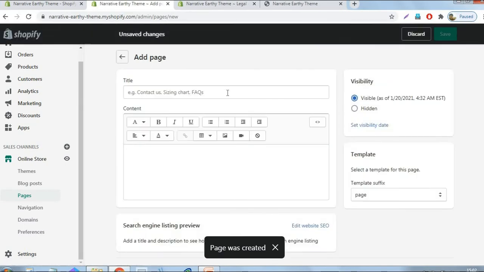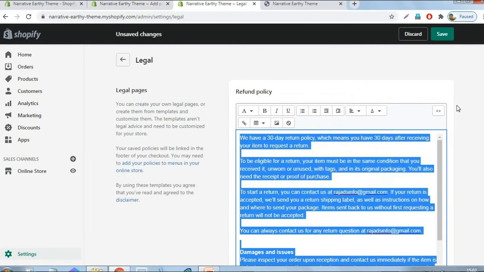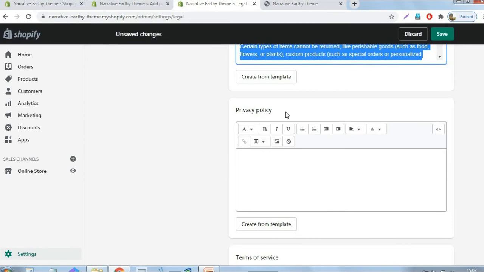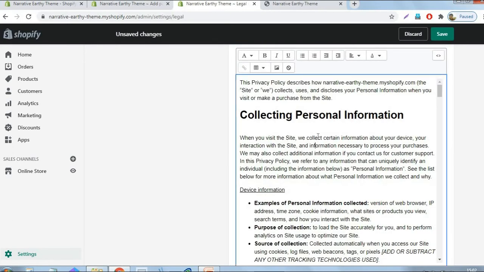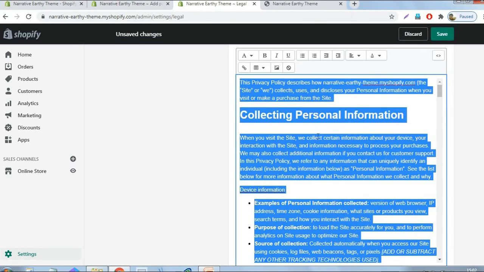Create another page. The next one is the privacy policy. Just click the create from template link, then copy the content.